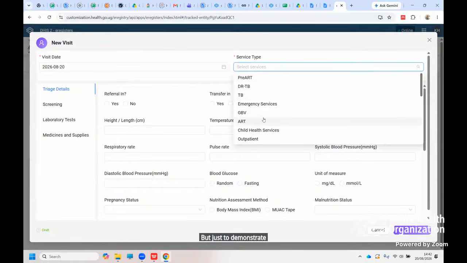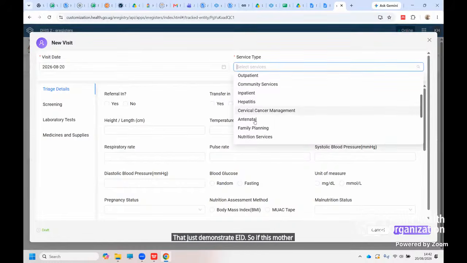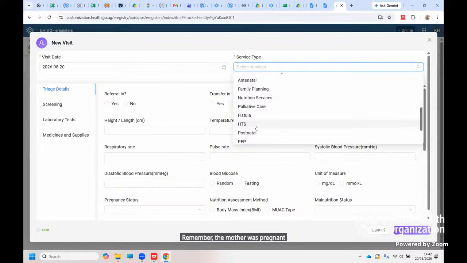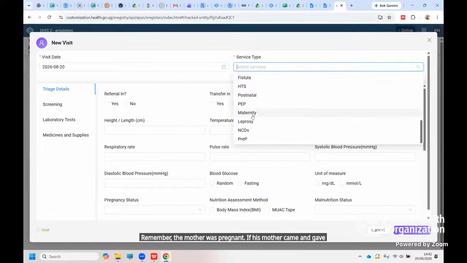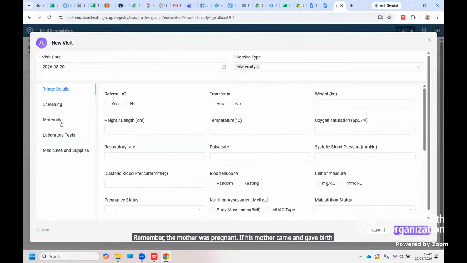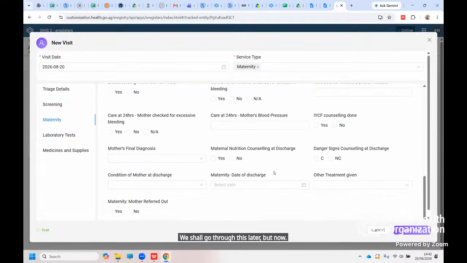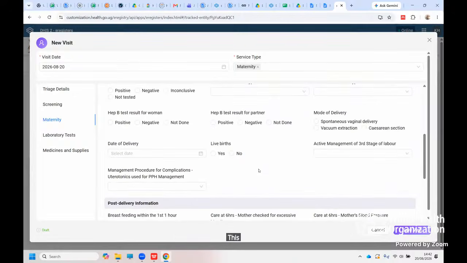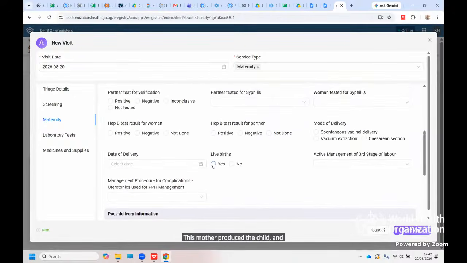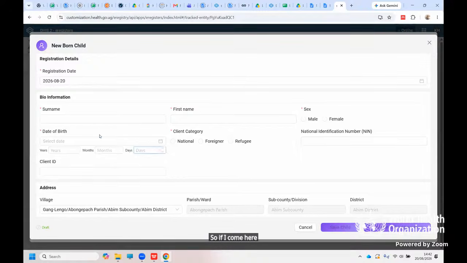So if this mother, remember the mother was pregnant, came and gave birth to an exposed infant, we shall go through this later, but now if this mother produced a child, yes, it's a live birth, but this child is exposed. So if I come here and put this, of course, it's bringing me this field,